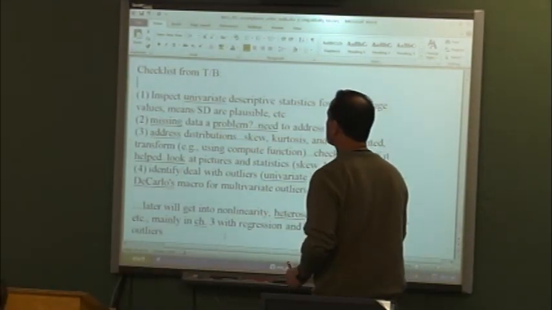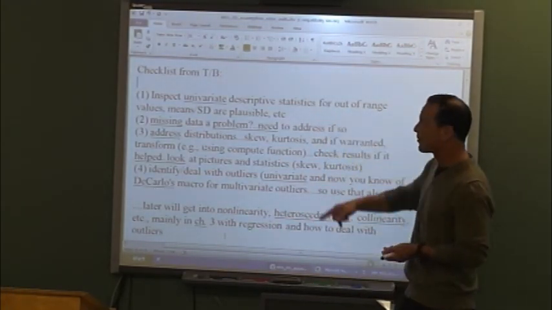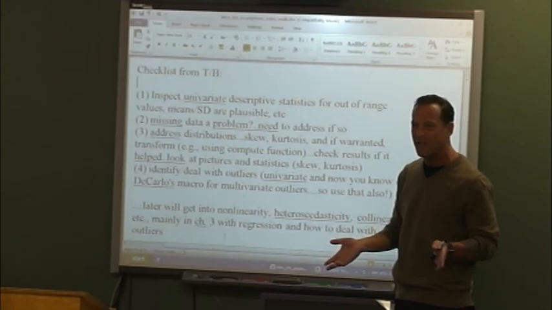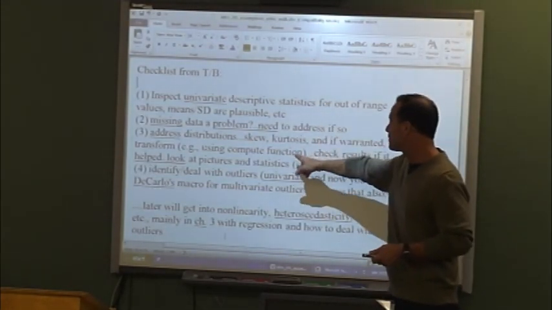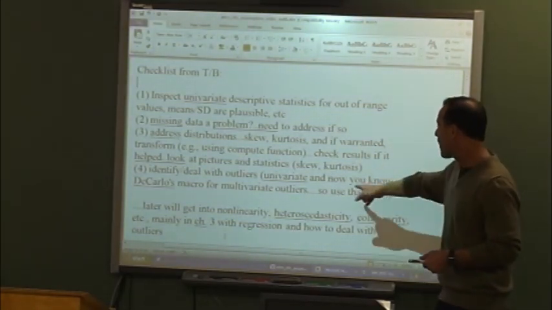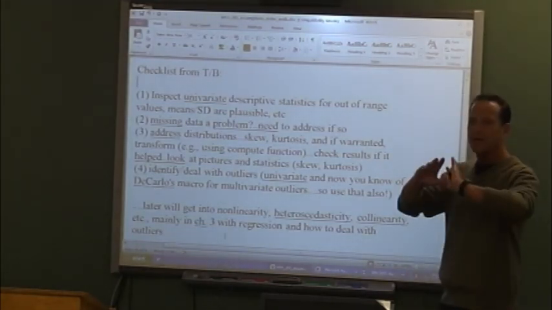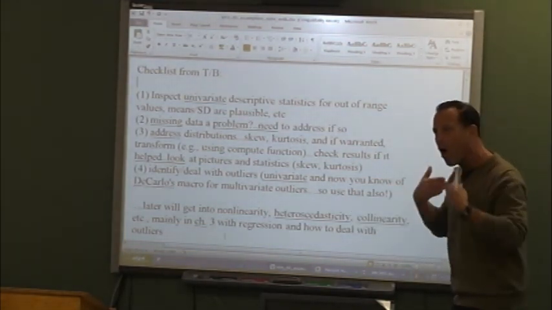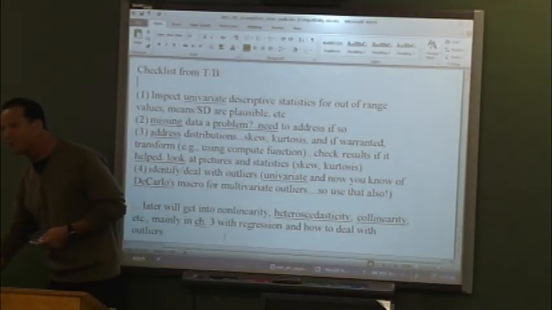So here's a checklist from Tabachnick and Fidell. Inspect descriptive stats for out-of-range values. Look at means and standard deviations. Missing data: is it a problem? Need to address it. Address the distribution, skew, kurtosis, and if warranted, transform. Identify outliers. And now you know about DeCarlo's macro. So this, everybody, will actually apply to almost every technique with respect to assumptions. And in chapter 3, we're going to